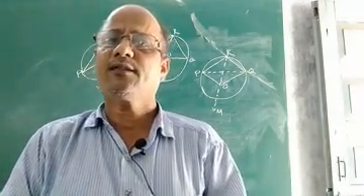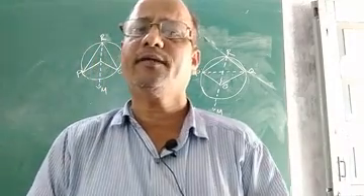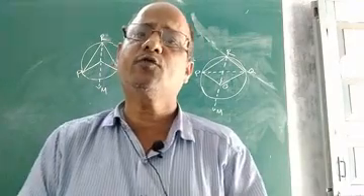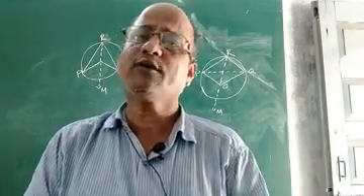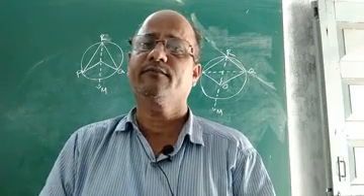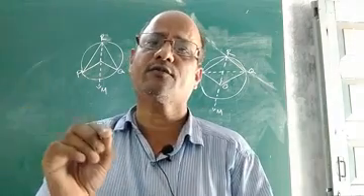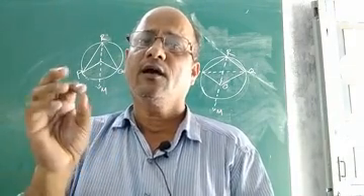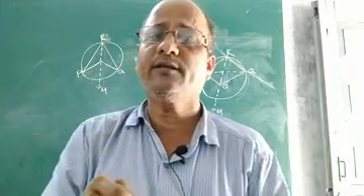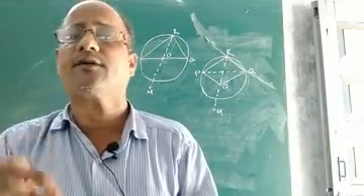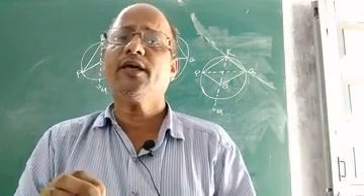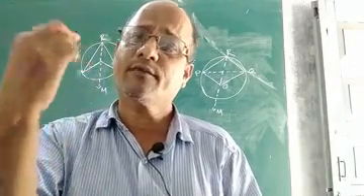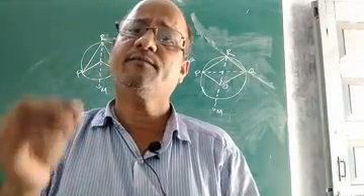Children, in the last class we were discussing theorem 10.7 of the chapter Circles, where we had proved geometrically that if two chords are equidistant from the center, then they are of equal length. Chords which are equidistant from the center are of equal length. Its truth was proved geometrically by me in the last class, and I am sure you must have understood it. So today we will discuss another important geometrical truth in terms of a theorem, that is theorem 10.8.